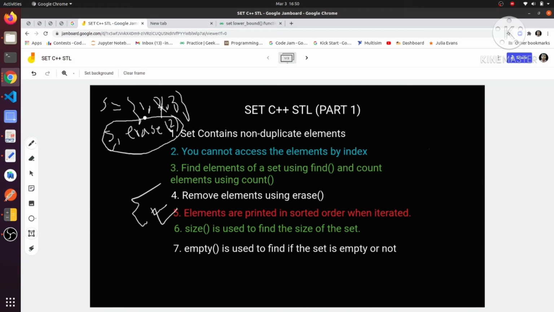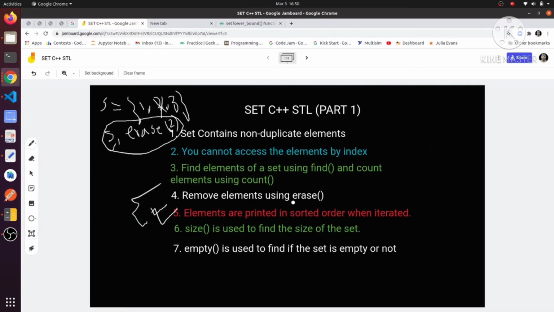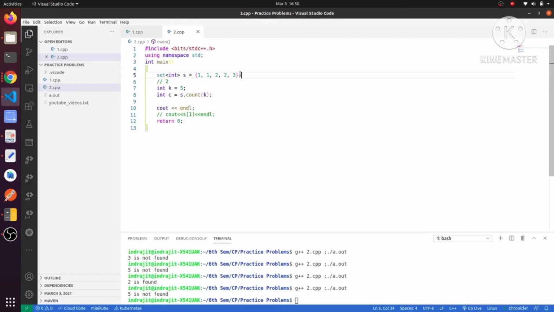Next is a very important point, that elements are always printed in sorted order when iterated. I will explain these 2 points together in a code. So let's come to the code.